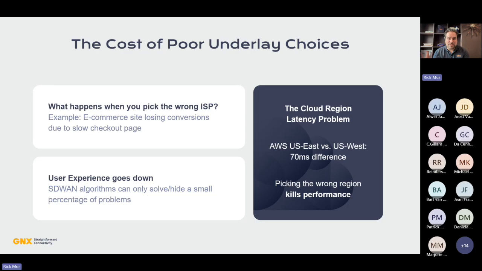Considering your ISP is also considering where your data is. For example, if I start deploying resources in a cloud, the difference between resources that are hosted on the US East Coast or the US West Coast can be about 70 milliseconds. Whether I host it on the US West Coast or in the UK, that's another 70 to 80 milliseconds that I add there. So picking the wrong region for your data, or picking the wrong resource depending on where the users that will consume that data are located, is going to kill your performance, and user experience will go down. And like I said, algorithms can help a little bit with this, but they won't solve the actual problem here.